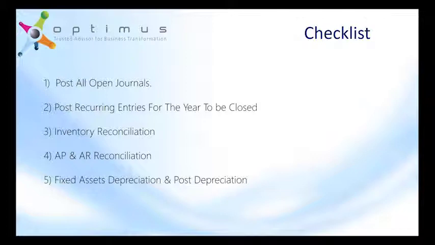Also, post recurring entries for the year to be closed, which means we need to review our purchase and sales orders because some of them have not yet been invoiced. So we need to review what is in our back order, what to start working with, to process as many orders as we can and payments. Otherwise, we then need to start posting recurring entries, so they will be reversing the following year in the beginning of January. So, this is part of the activities for all the open transactions, and then comes the inventory